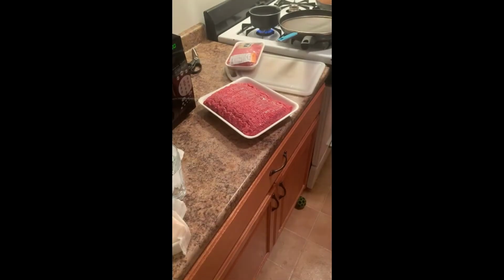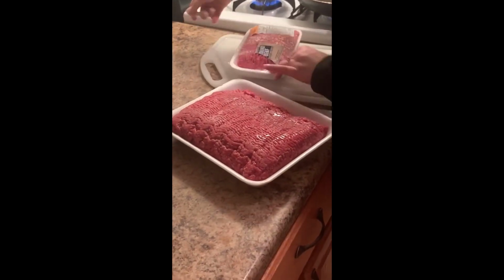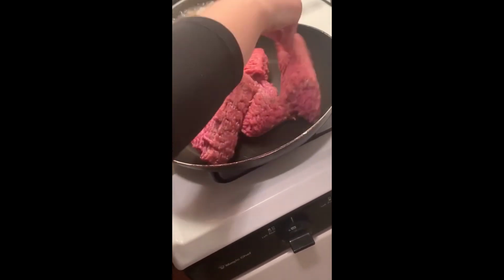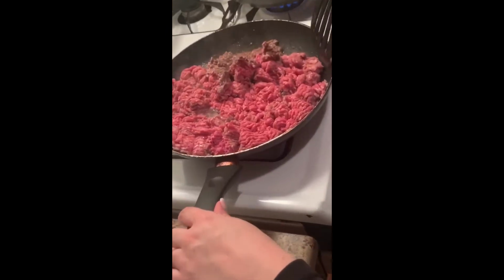Now, next you're gonna need about 4 pounds of ground beef. I know that seems like a lot, but I tend to cook my food in bulk, meaning that if I cook on a Monday, I want that to last me at least up until Wednesday or Thursday. Typically, I'll get about 90% lean, 10% fat. If they're out of 90-10, 80-20 is not too bad either, because as you can see later on in the video, we're gonna drain out the fat, so we'll drip out most of the grease,